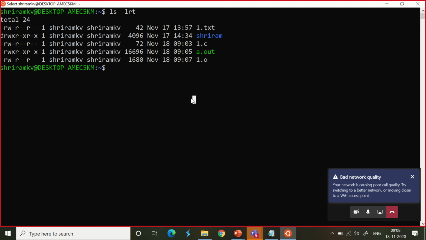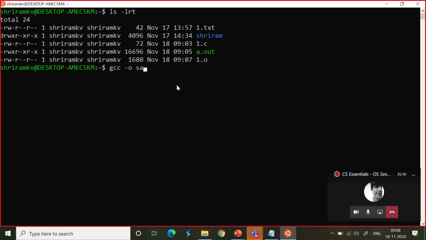How do we do that, sir? Very simple. I will say that right now. gcc -o. What is the first command I used? gcc -c. Why did I use it? Very simple. The input was a C file. Now what is the input? The input is an O file. It is an object file. So gcc -o. I can give a name for the executable file, like you have the name a.out here, right? Instead I can give the name as Sachin, gcc -o Sachin 1.o. That's all.